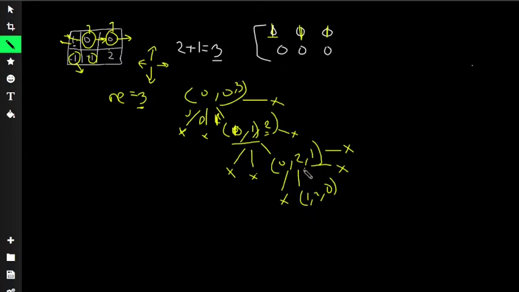Because we have already been over here, right? So we will visit. Now the robot is in the position of 1 comma 2, and hence this will be visited. Okay, now what is our target location? Our target location is 1 comma 2, right? And 2 represents the ending point, right?